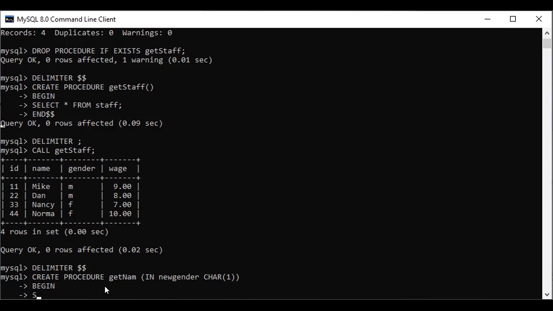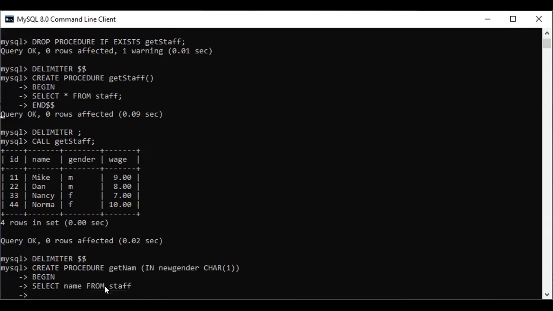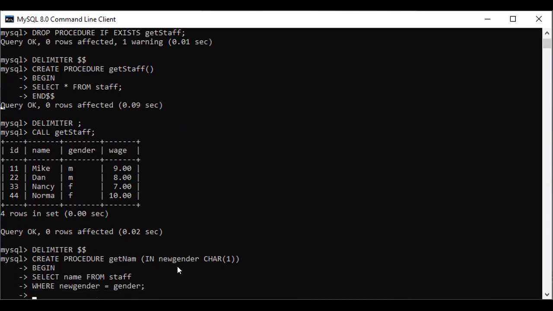I'm selecting name now. So SELECT name FROM the table named staff, WHERE now make the parameter equal to the column: new gender parameter equal to column gender, and the dollar sign that we provided to the delimiter before, the same sign.